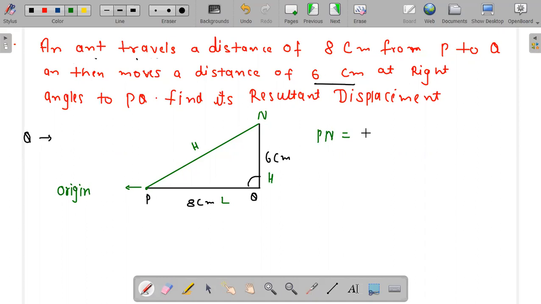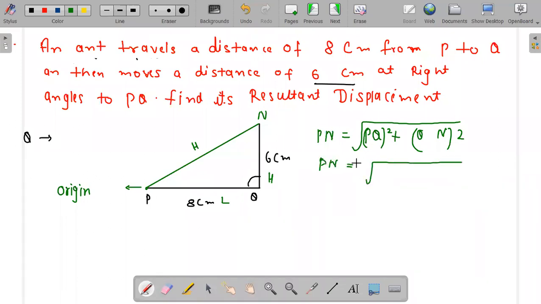Okay, so I'm writing Pn squared is equals to PQ squared plus Qn squared. Now Pn squared is equals to, what is PQ? PQ is 8 centimeters, so I'm writing 8 centimeter here. And what is Qn? Qn is 6 centimeters, so I'm writing 6 centimeter here. This is very common formula for hypotenuse, I think. You don't need to think that much. Now we have to solve this. So it is 64 centimeter squared.